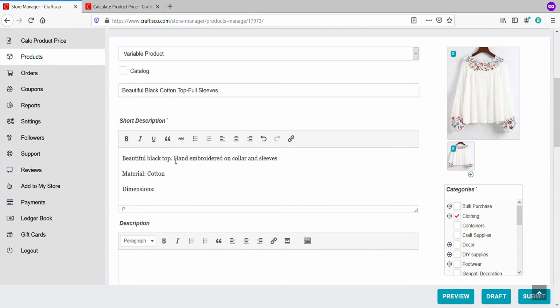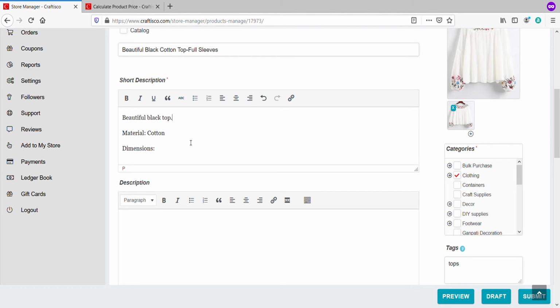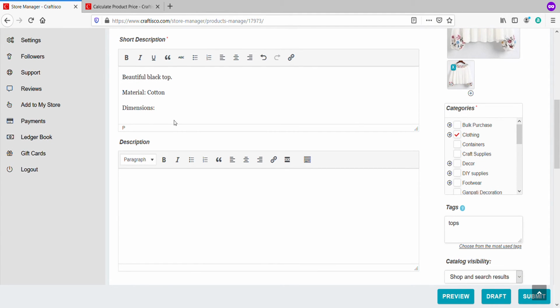So maybe it's not hand embroidery, so I'm just going to change that. As I always mention, or as we always mention on our videos, kindly put your description as detailed as possible. For example, the material of the product, and if you have any dimensions, for example if you're selling a macrame art, what is the dimension of your macrame wall hangings, so the customer knows what they're buying and exactly knows what the dimensions are, so that when they're buying they know that this is how it's going to look. So put your description as detailed as possible.